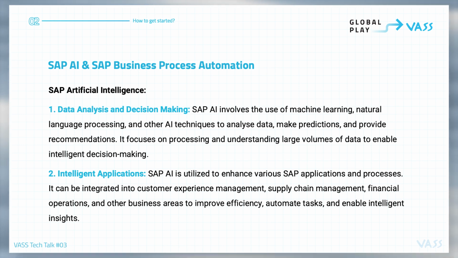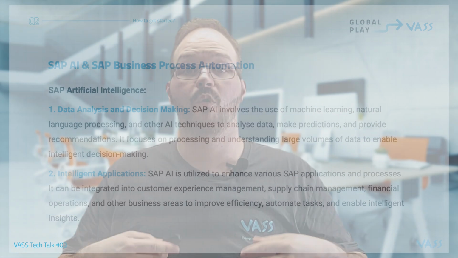So based on the data you're getting, based on the predictions that you might want to do, you are training more and more, to the point where you can actually automate different processes or different steps of your process on the way. So the more you're learning, the more your artificial intelligence is learning, the more automation you can build into the process, because you will get even more